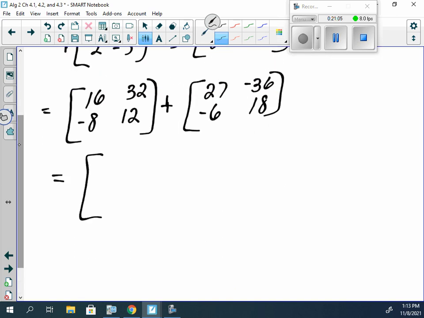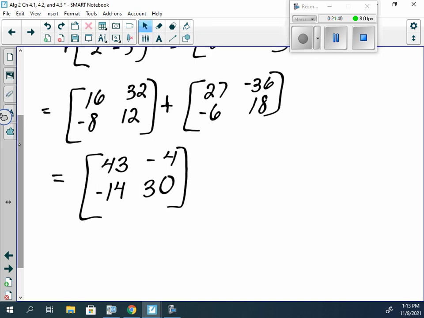And lastly, all we need to do is add our terms together. So 16 plus 27 is going to be 43. 32 plus negative 36 is negative 4, because 32 minus 36 is going to be negative 4. Negative 8 plus negative 6 is negative 14. And 12 plus 18 is 30. Questions on the